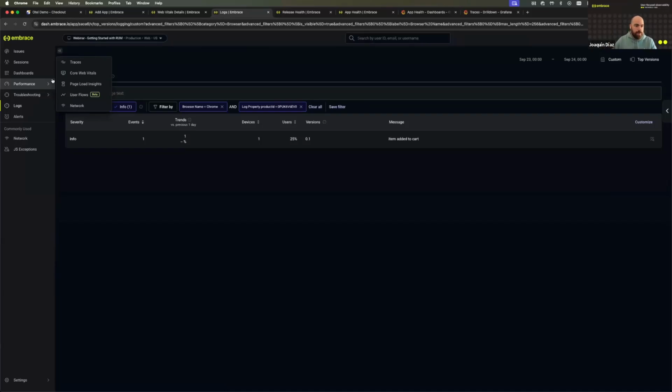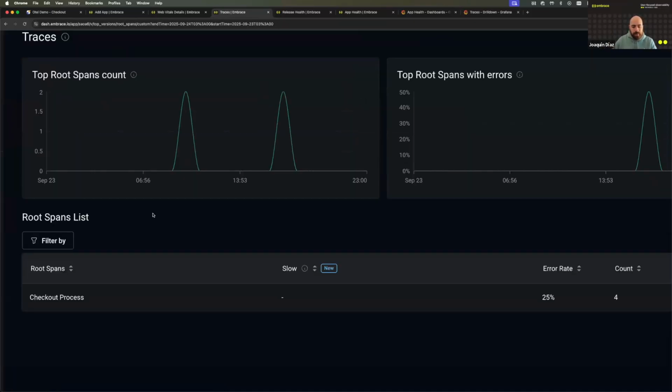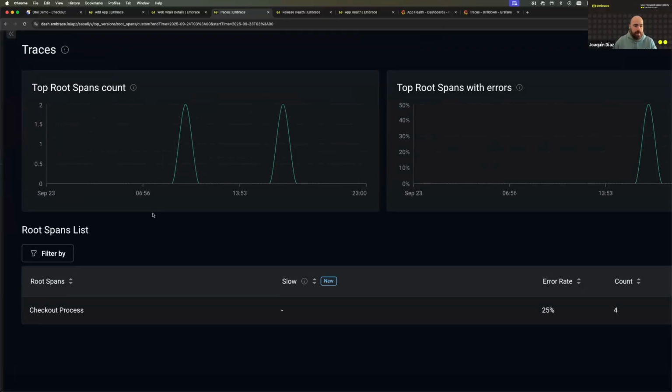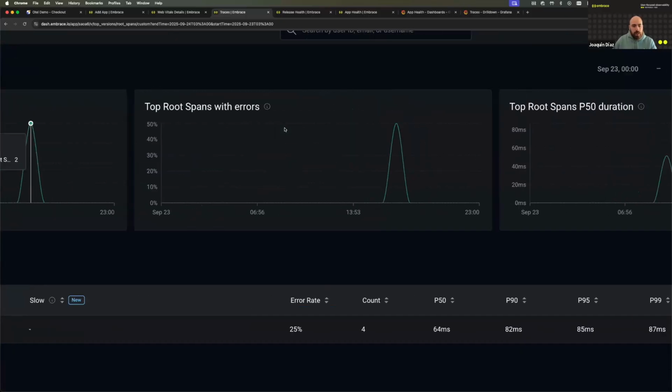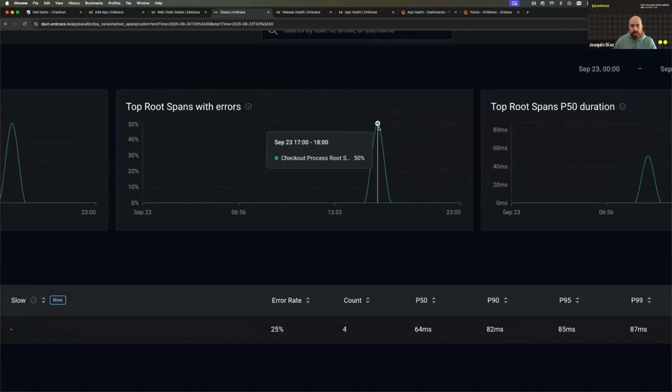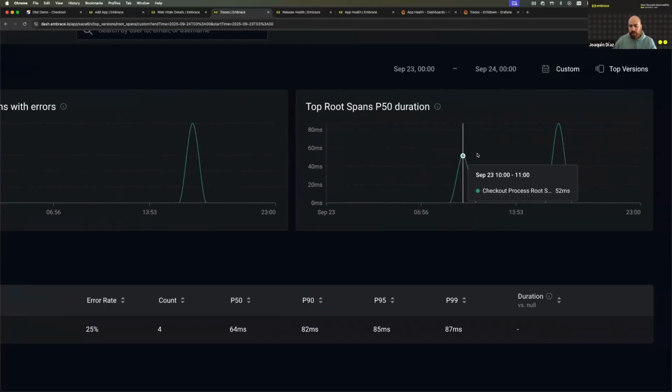The other thing that I wanted to show you is the traces page. In this page, we see all the spans that you created on the SDK. We started with a few charts here, so we see how many times the span is being called. We see the spans that have more errors, and then lastly we have the P50 duration of each of the